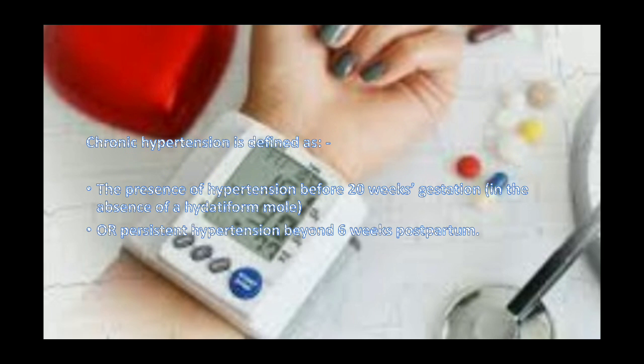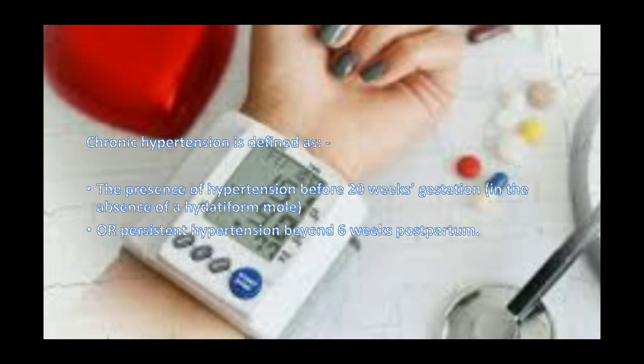As all doctors know, chronic hypertension is defined as the presence of hypertension before 20 weeks of gestation in the absence of hydatidiform mole, or persistent hypertension beyond 6 weeks postpartum. This is a very important definition, because if the patient presents with hypertension before 20 weeks of gestation, we can label it as chronic hypertension only if we rule out hydatidiform mole. If any evidence of hydatidiform mole is ruled out, then we can say that